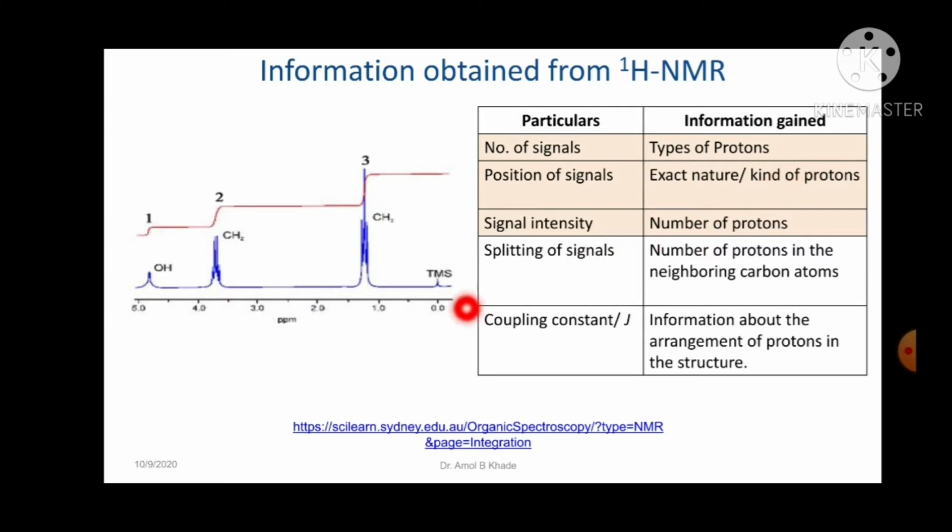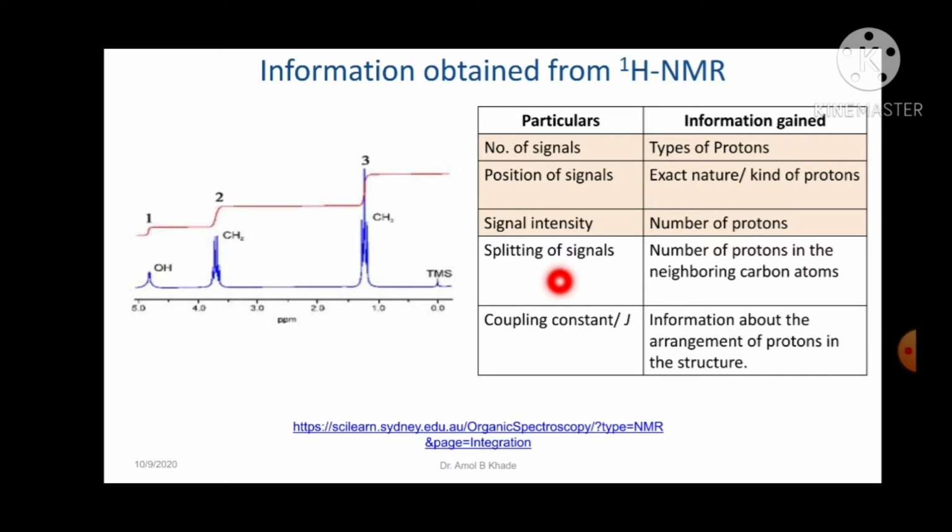So we know in chemical shift the protons appearing between 0 to 2, usually they are the methyl protons or CH2 protons, right? So based on the position of signal we get what kind of protons these are. Then signal intensity is also important. Here you can see with the red line we have integrated these signals or peaks. After integration we get the value. For CH3 it is 3, then for CH2 it is 2. That represents how many protons that particular peak or signal is representing.